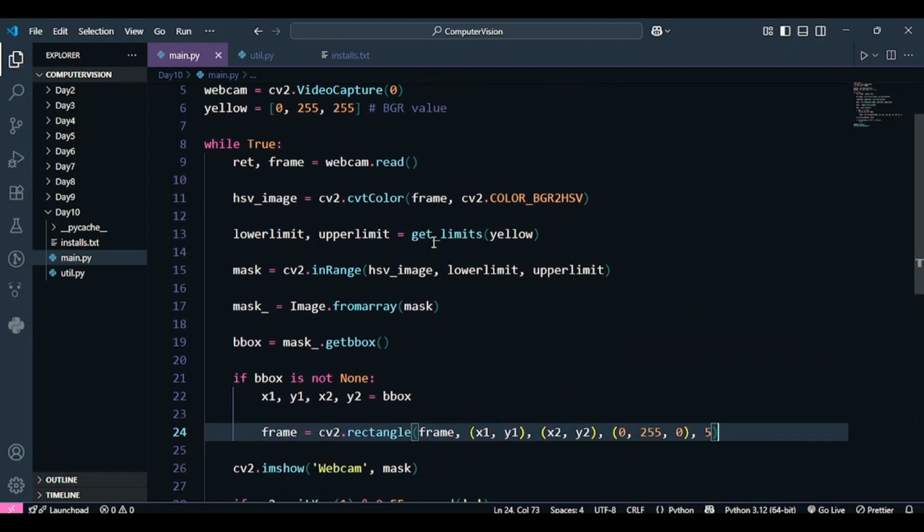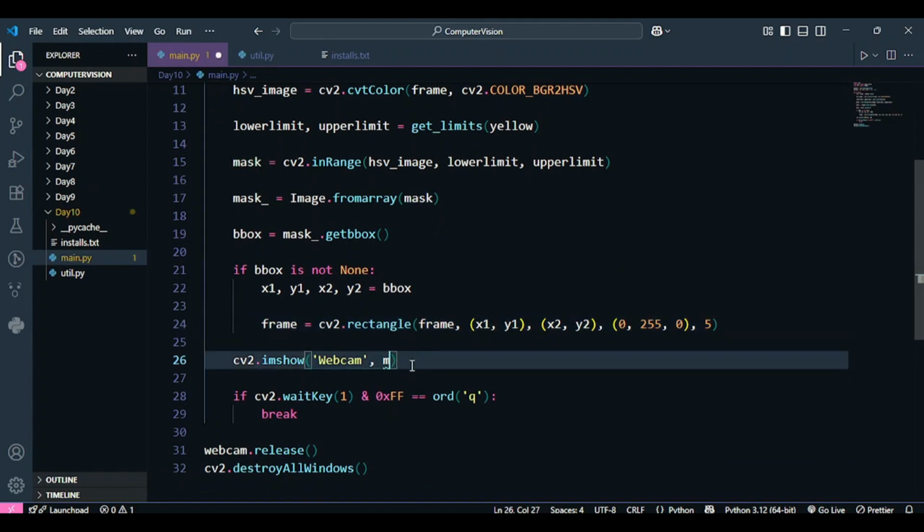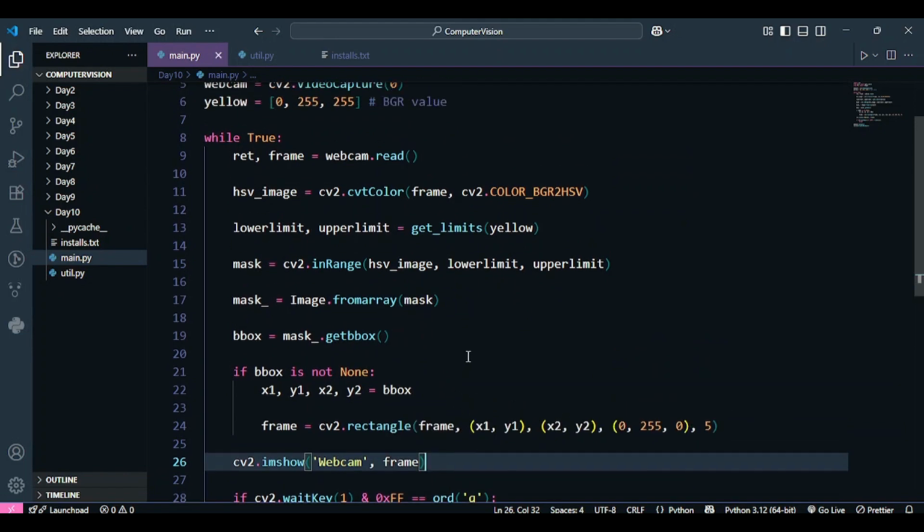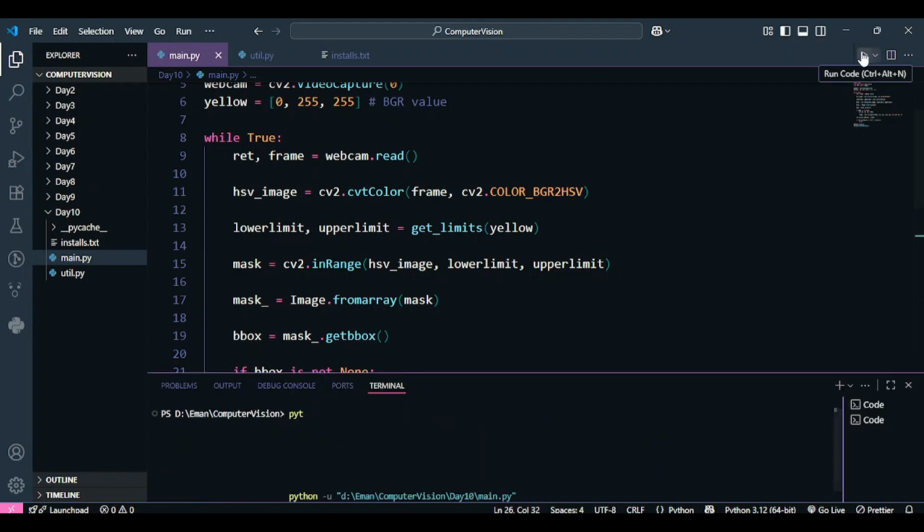We have created our very own color detector, but instead of visualizing the mask, I'm going to visualize the frame again so that we can see the colors, because if I visualize the mask, it will always show the black and white image to me, but I don't want that right now. So I'm going to change it to frame, and let's run this again and see if it's working.